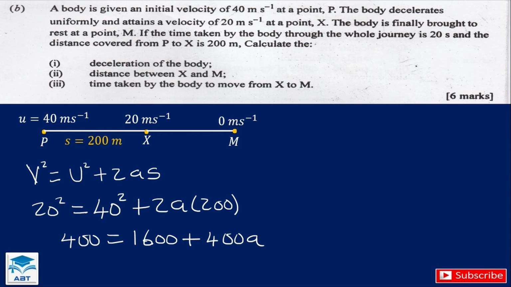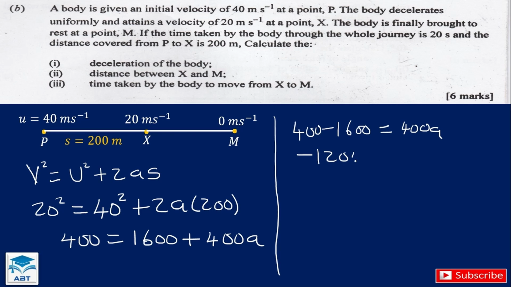And now let 1600 cross the equal to sign to subtract from 400. So we have 400 minus 1600 is equal to 400A. And 400 minus 1600 is negative 1200, which is equal to